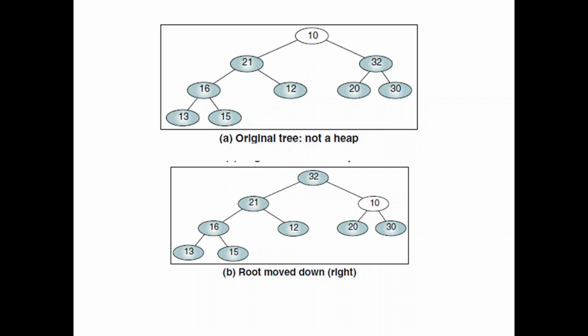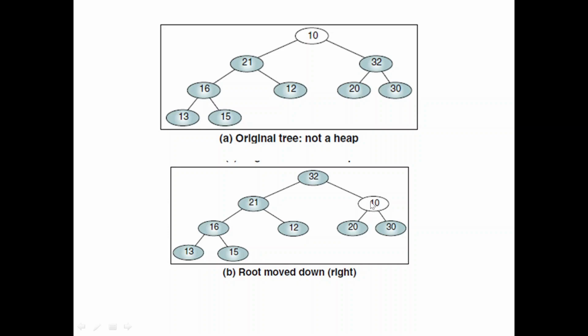So first we compare the root with the left and right. If you find that the root is less than the left child or the right child, then it needs to be swapped, and that swapping happens after you identify which one of the children is actually the largest. So in this given example, when you compare 21 with 32, you can easily see 32 is larger. So that gets swapped into the parent position, and you have to recursively repeat this at every level.